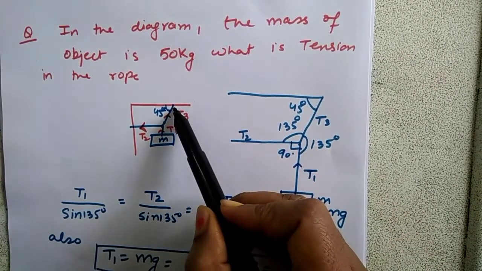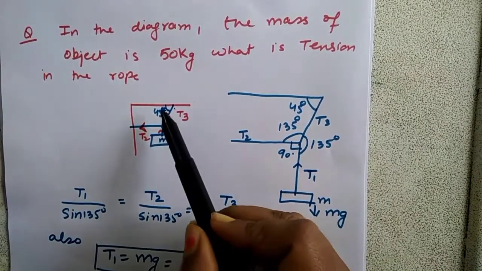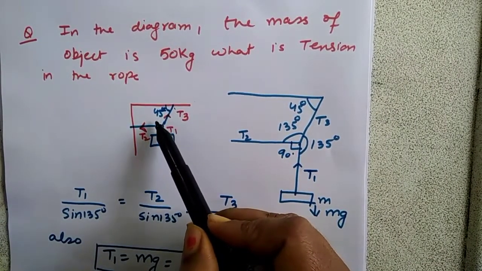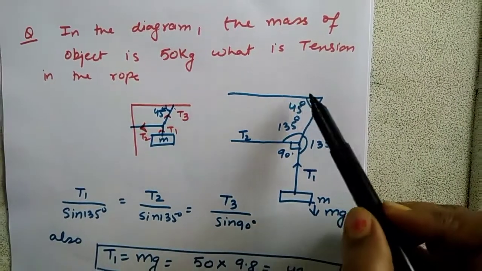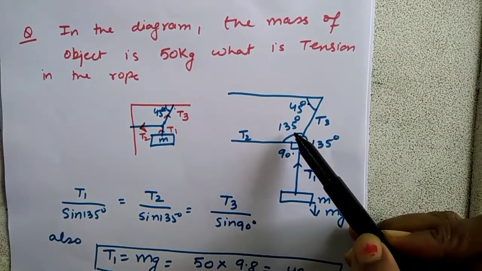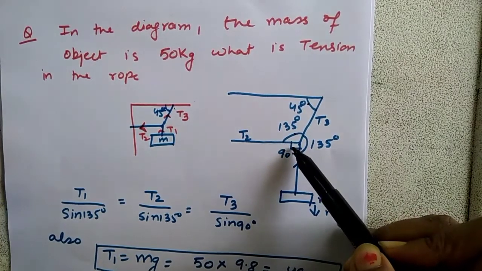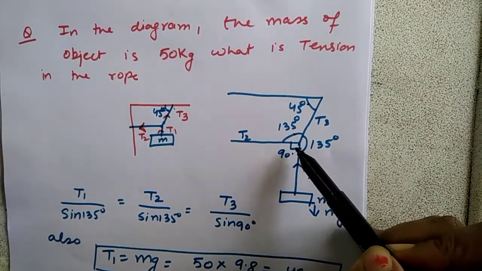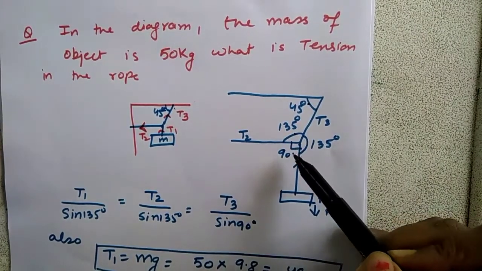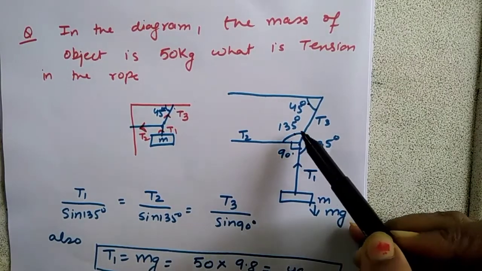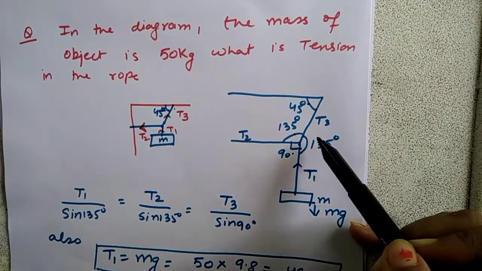This angle was given to me as 45 degree. As you can see, this line and this line, they are parallel to each other. So this angle and this angle, they are alternate interior angles. So knowing the maths, I know that if this angle is 45 degree, this angle will be 135 degree. Now it is visible to me, obvious to me that this angle is already given as 90 degree. Total sum of angles should be 360 degree. So using math, again I figured out this angle is 135 degree.